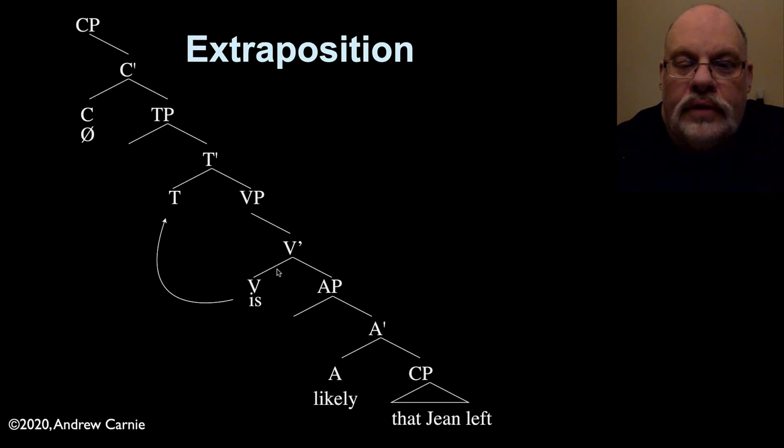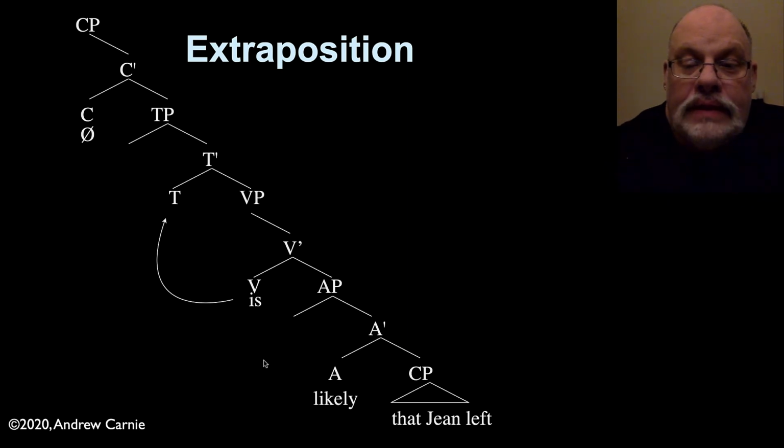We've put the verb "is" in as a V. It's a copular V. I've indicated V to T movement here because remember, in English, the highest auxiliary verb, and we're going to treat this like an auxiliary verb, raises into the T node. Remember, that's motivated by the fact that if we were to make this a question, the T to C movement would invert it. So we're going to do that little hop. And we have "likely" being some kind of adjective or adverb phrase. I've just abbreviated it here as A, which takes as a complement the finite clause that Jean left.